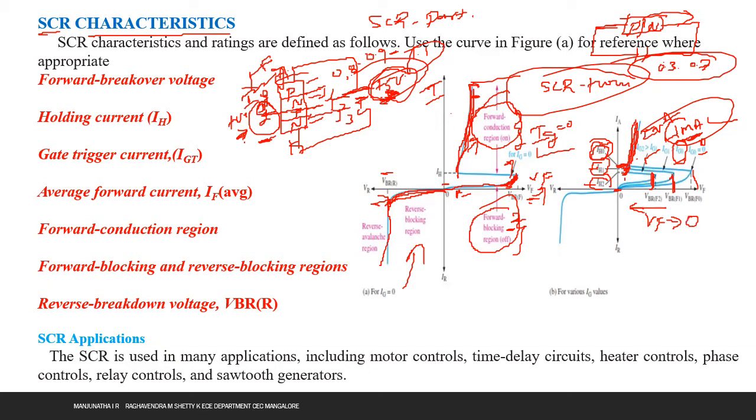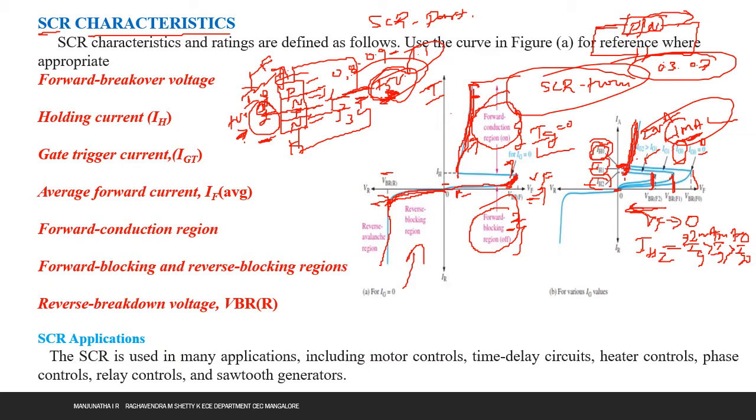Similarly, what is IH2? IH2 is the holding current for Ig2, where Ig2 is greater than Ig1 and greater than Ig0. Ig0 is 0 milliamps, Ig1 is 1 milliamp and Ig2 is 2 milliamps. After we break the PN junction layers and I start to decrease VF, the SCR is able to hold the current up to some value of forward voltage VF, and suddenly it goes to 0.